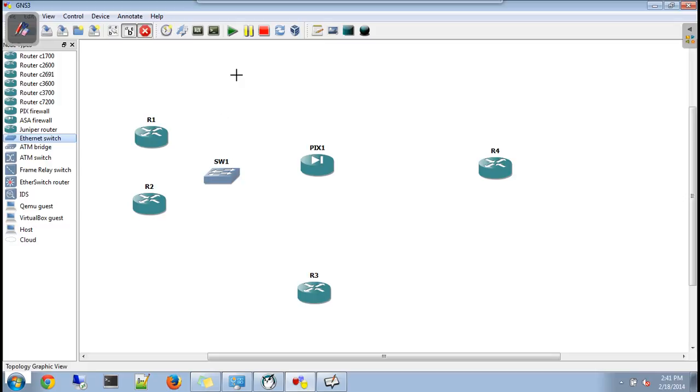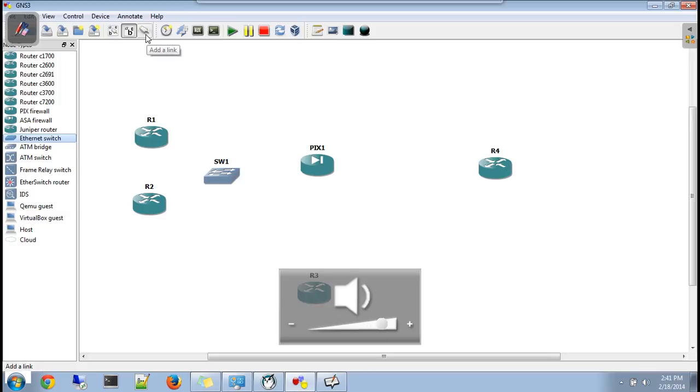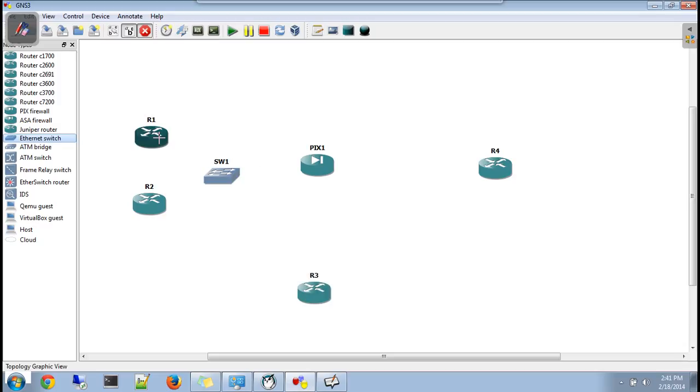When you are making the connections, always make the connection manually. I'll connect the F0/0 interface of router R1 to switch port 1. I'll connect router R2 F0/0 interface to switch port 2.